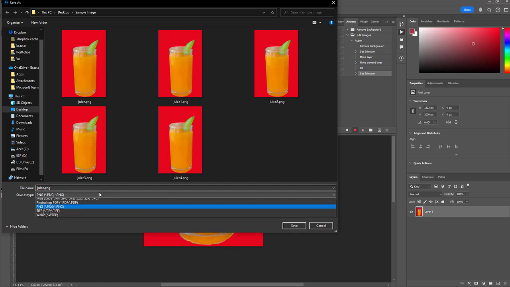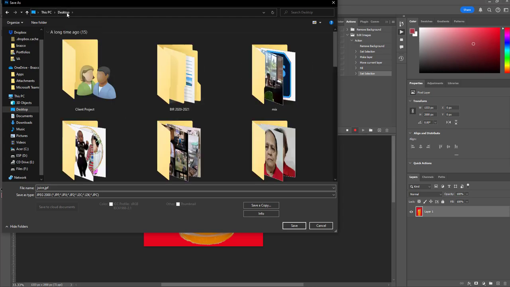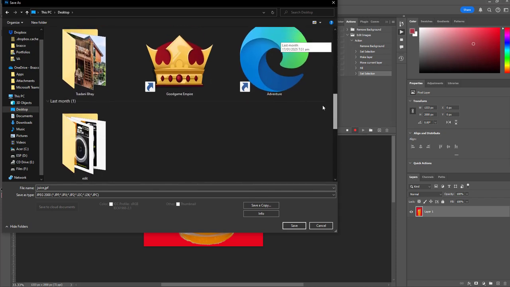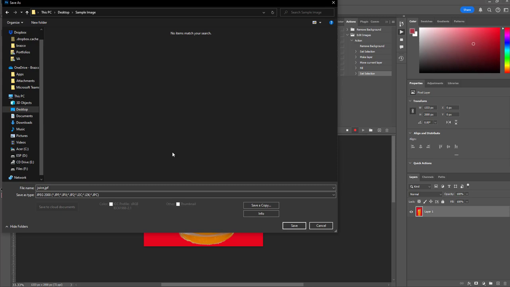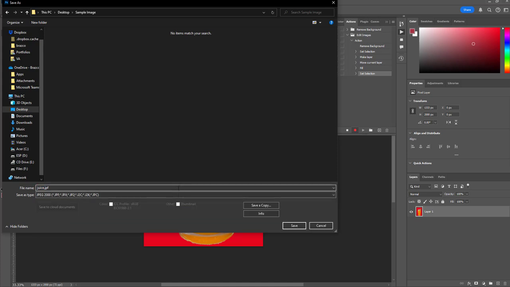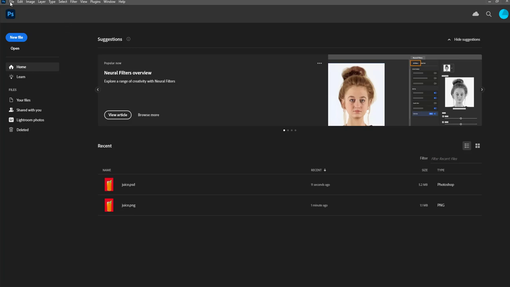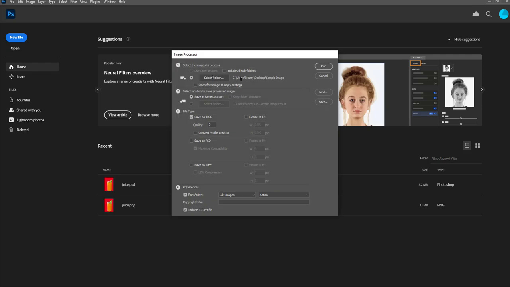Save as. Let's just save as JPEG. Okay. Stop. Close.